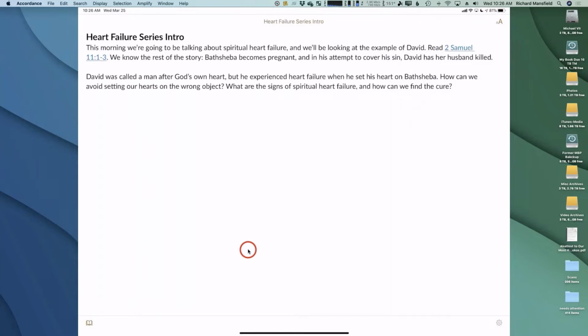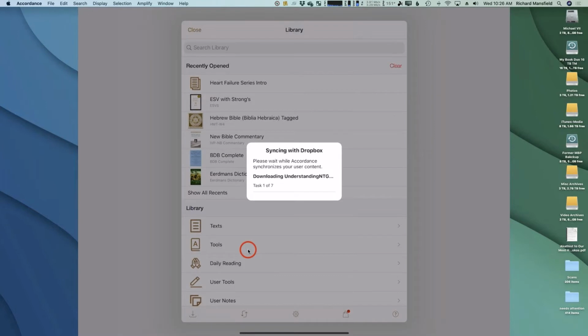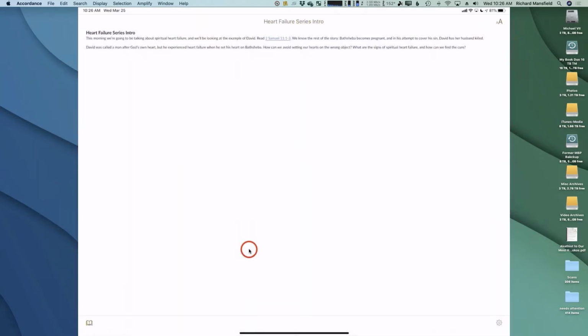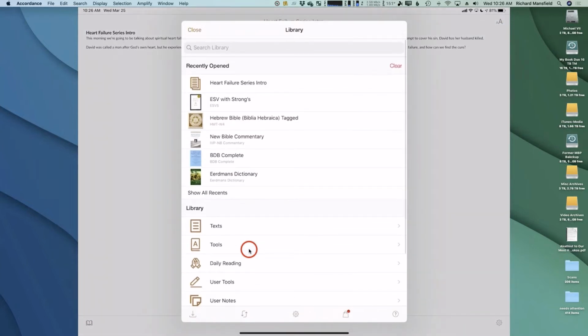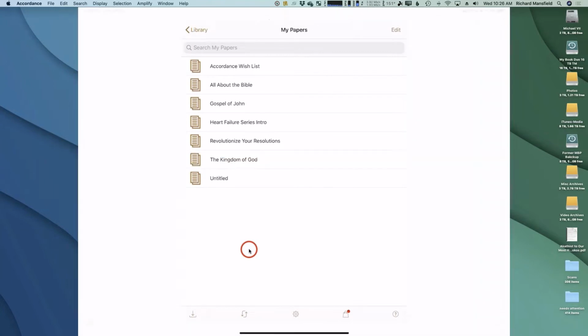Let's see here. Let me see if I can do a quick sync. Let's sync with Dropbox. This will be a live demonstration. I don't think I probably have to go out and then come back in. I don't know if that's going to work, but I'll open up one of the other ones. I'll tell you what, that's what I'll do. I'll go in here, and